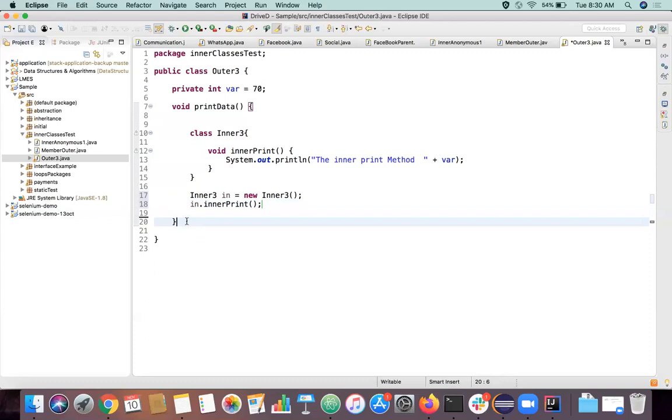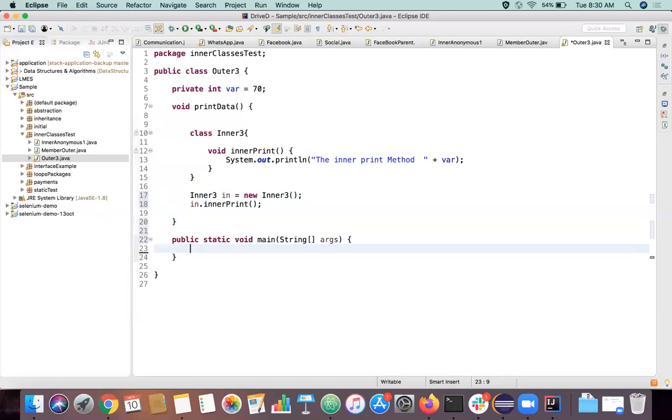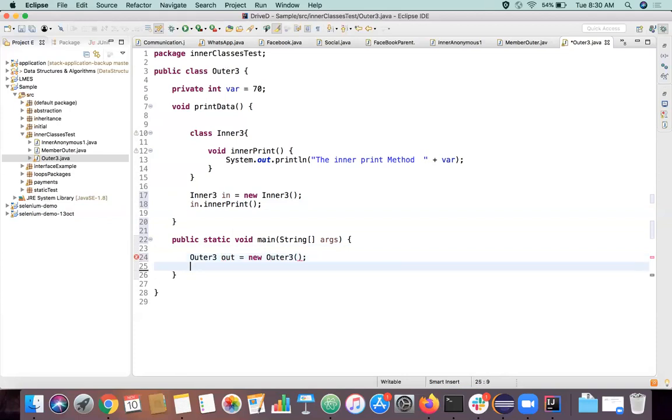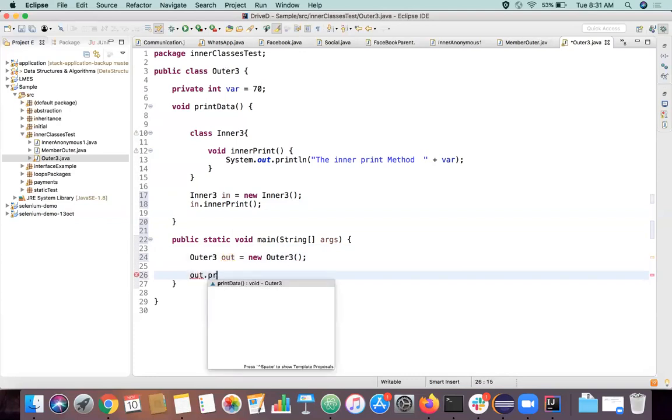Other things are the same. In the outer class, I'm going to create a main method. I'll create an object for this outer class and call this print data method for it.